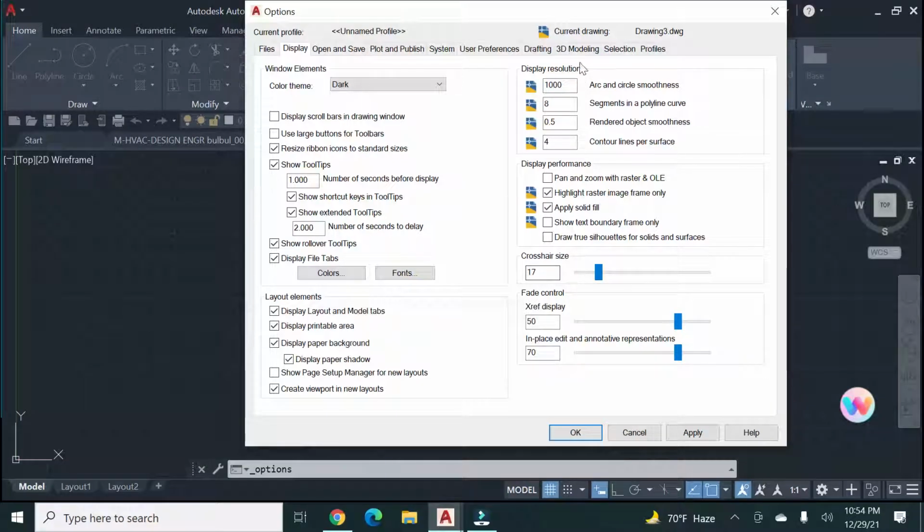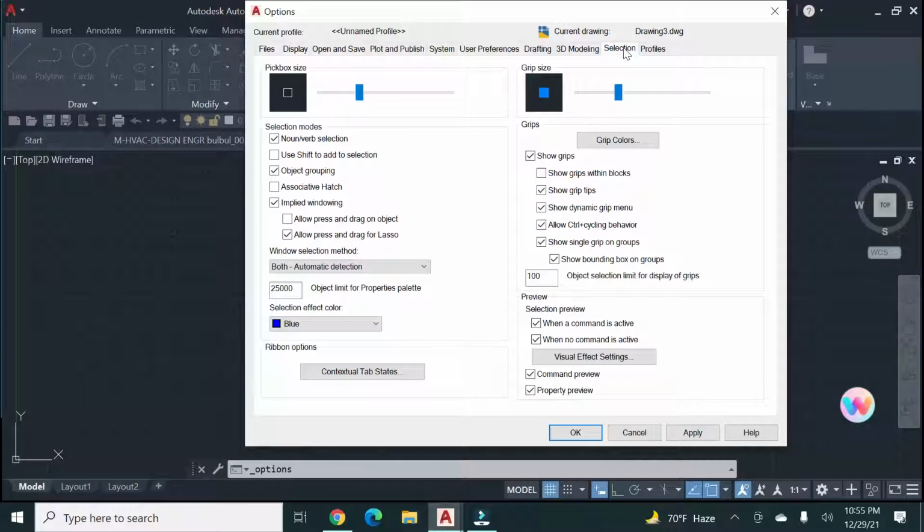I take 17. Now the Selection tab: it's the pick box size, which looks like a small rectangle. You can change the size. Grip size I take a little bit larger here, or smaller, as per your demand.